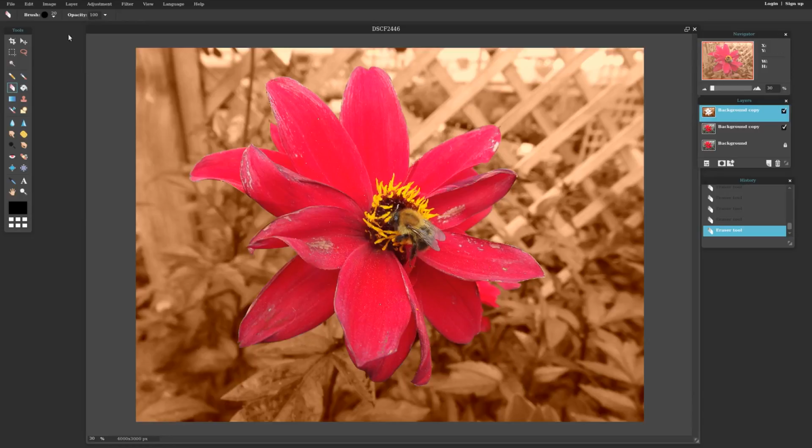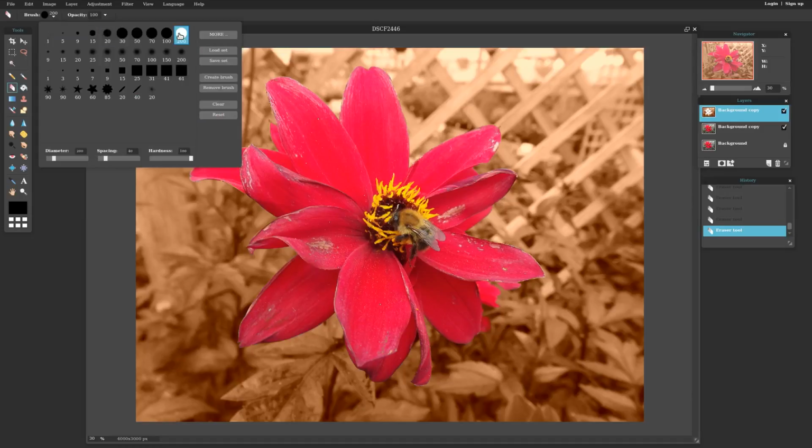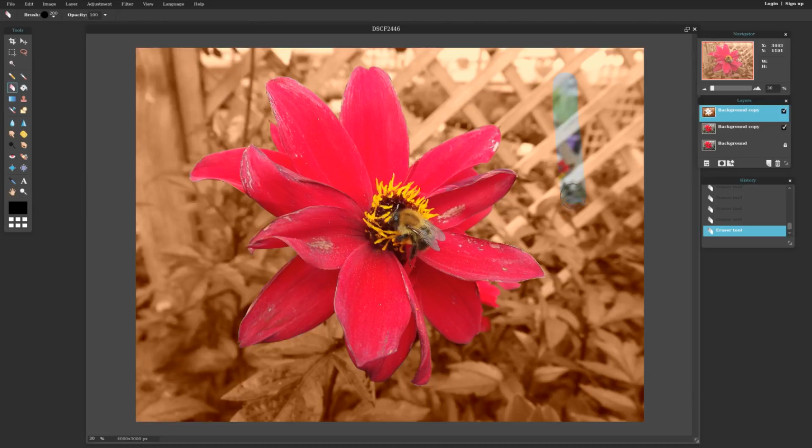Let me see over here if I change that size, if I were to delete a bit more of it. You see the colour coming back in there, but obviously we don't want that. But don't forget to make sure you're working on the correct layer each time. You can select using the colour copy. So I can select on there,